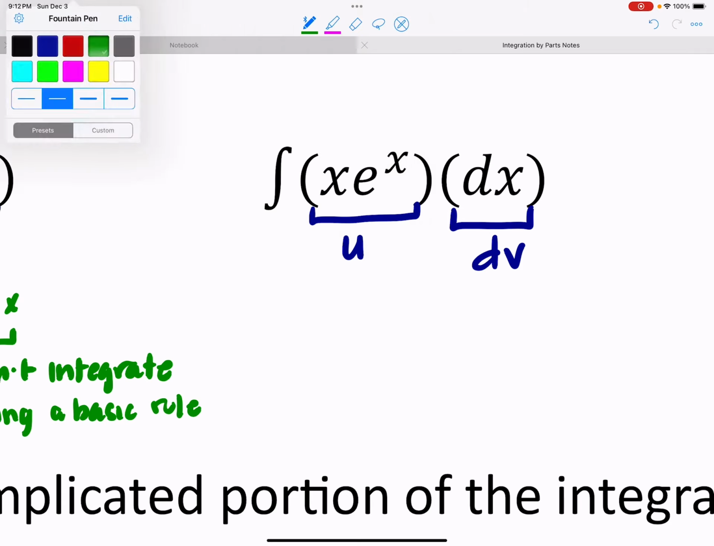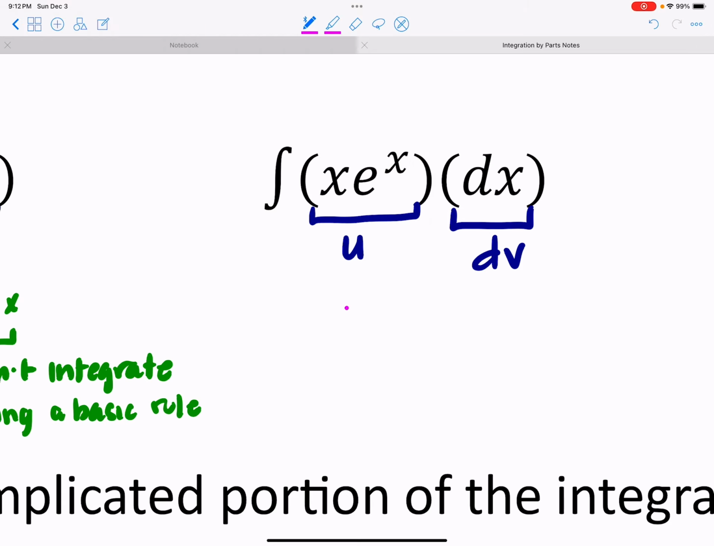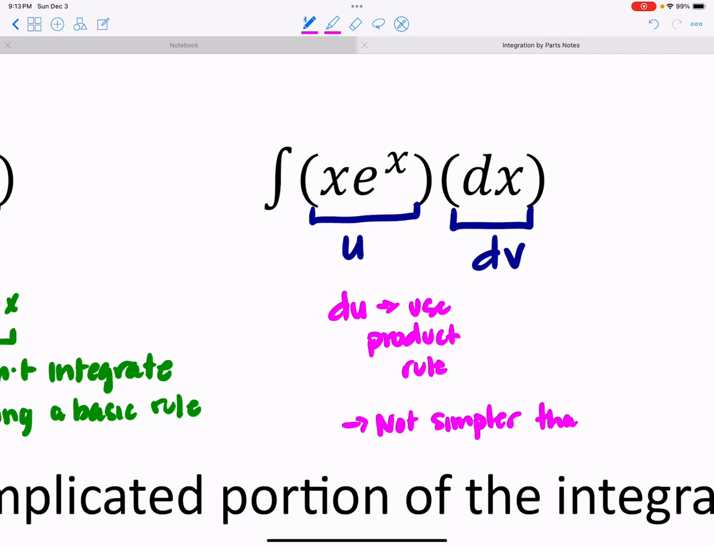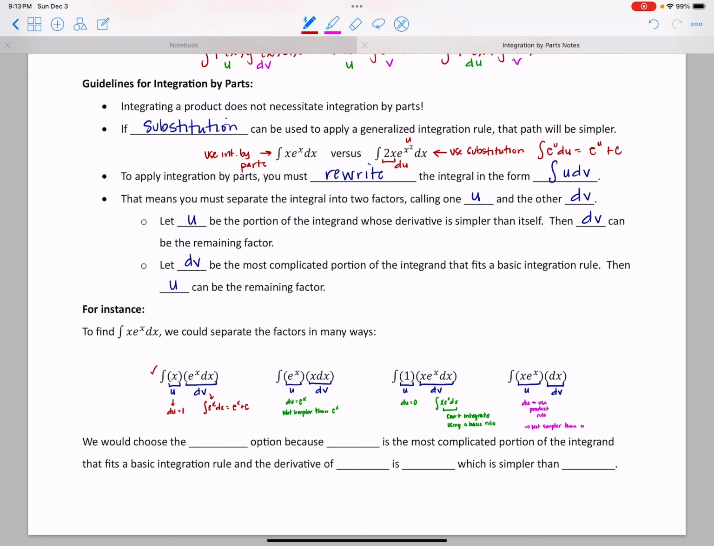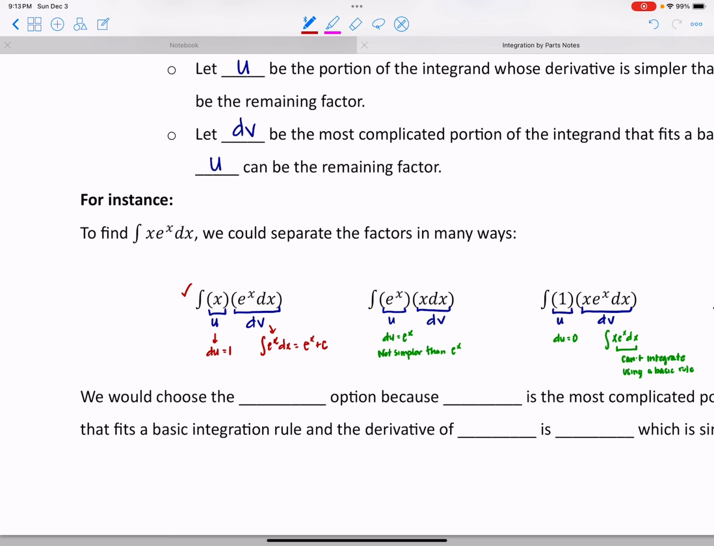Or we go here. If I go to take the derivative of u, remember I want the derivative of u to be something simpler, that's going to require the product rule, and the product rule, because it's x times e to the x, is definitely not going to make anything simpler than x and e to the x. It's going to in fact give me two products, so that's not simpler. Again, that would disqualify this. So we would have to use the product rule, and the result is not simpler than u. Okay, so just running through the different options here, the only one that meets both of the guidelines is that first one. So we would choose the first option